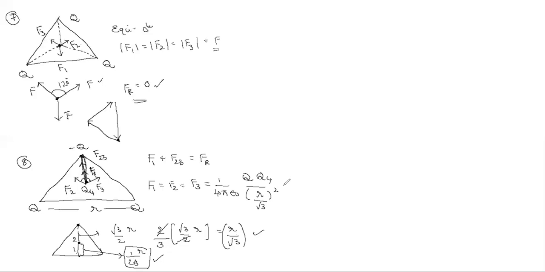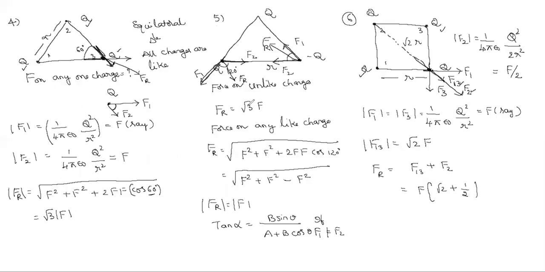And while finding F23, Nana, what is the angle between 2 and 3? 120, sir. F2 and F3 are equal? Yes, sir. Equal forces making an angle 120 degrees, resultant you already calculated here. So you can remember all these as shortcuts, Nana. Even this one also you can remember as a shortcut. Equal forces, angle between them suppose 60 degrees, shortcut is root 3 f. 120 degrees, f. Okay, Nana?